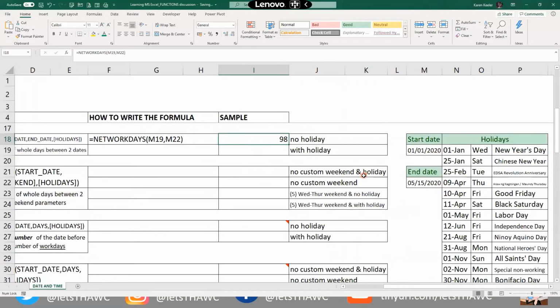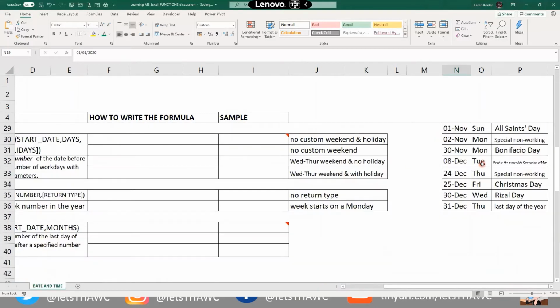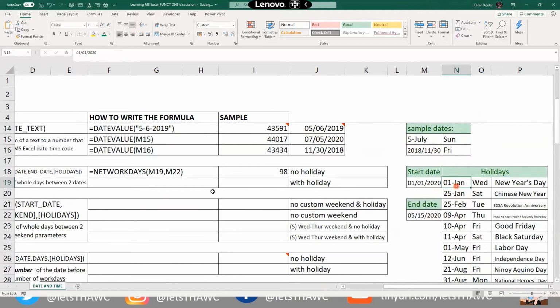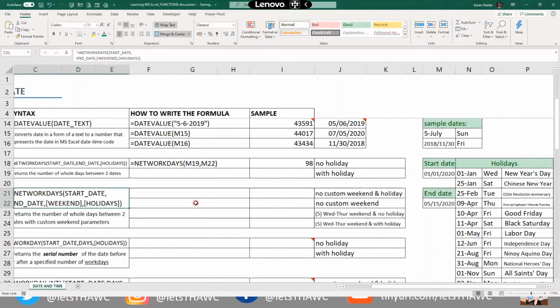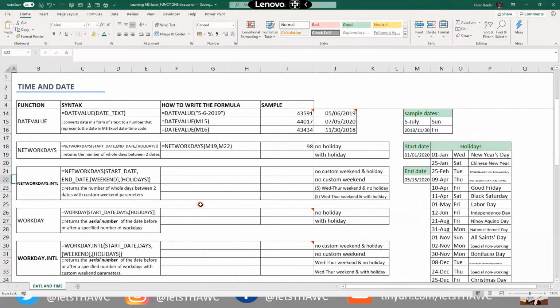Now, what if I want to make use of the list of holidays and I really want to know how many work days there are between the two dates and I want to take out the holidays? So I have here a list of holidays for the year 2020. So what I'm going to do here is make use of the holiday argument. So here I will type networkdays,